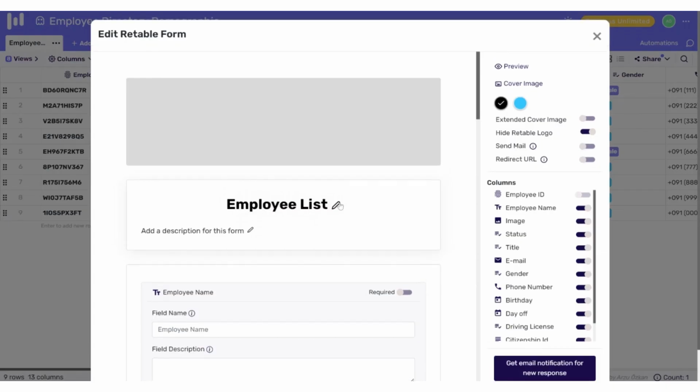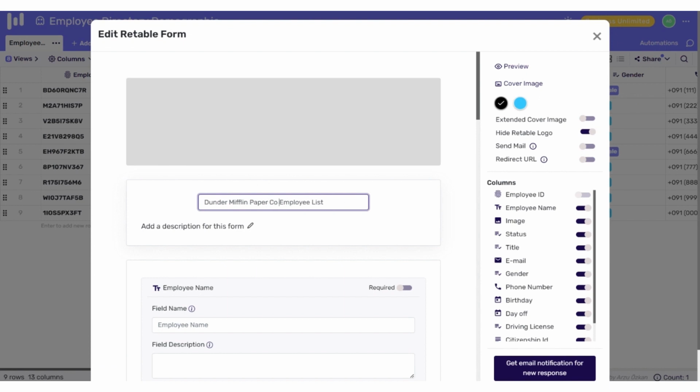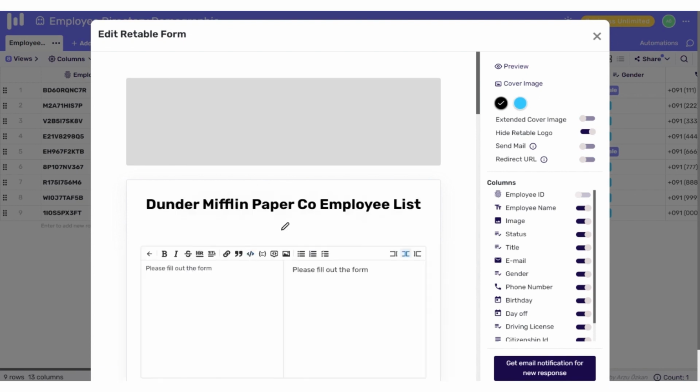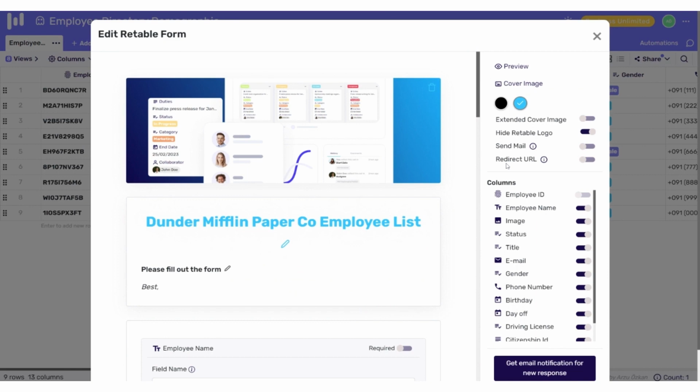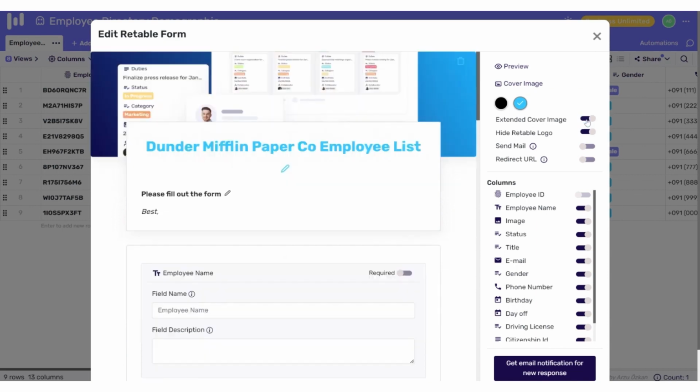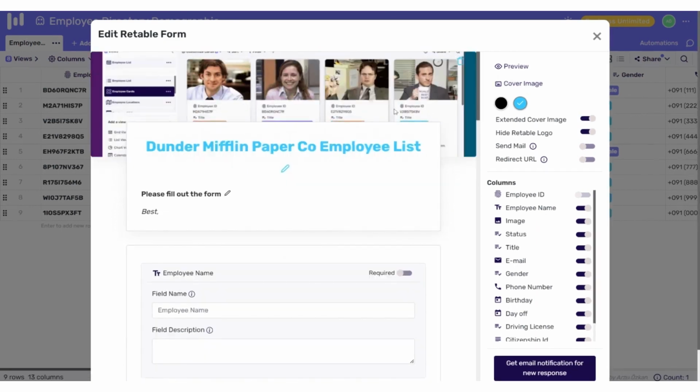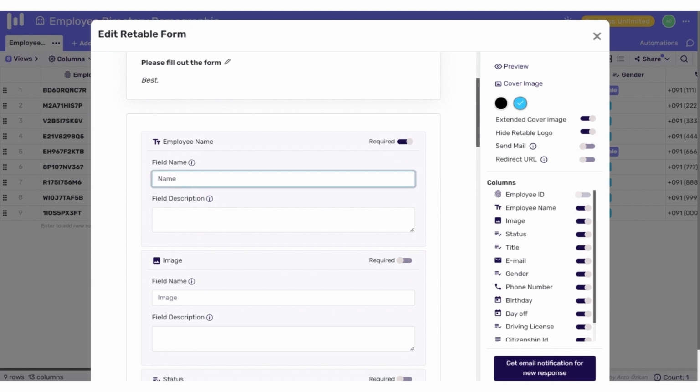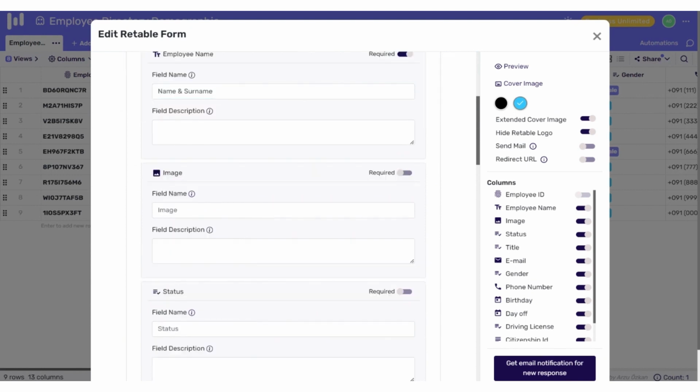Retable also helps you automatically convert your spreadsheets into online forms. You can also customize these forms. You can add a title, description, cover image and redirect URL for your online form. If you want your form questions to look different from your column names, you can edit the field names, and